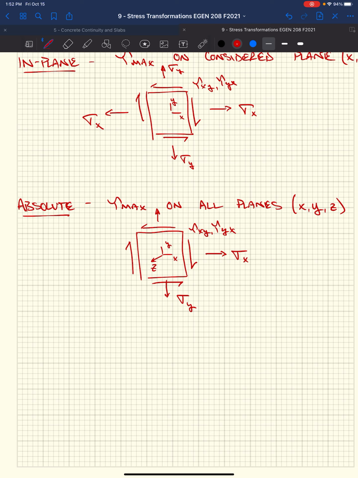If we flip the block and now look at a stress block that has the y and z faces, and then flip it this way, we would have the x and z faces. We could have essentially 2 more stress states looking at the other planes, x and z and y and z. And so if we drew those out,